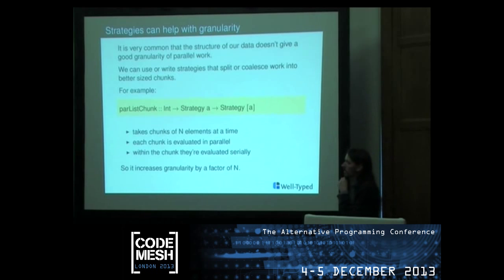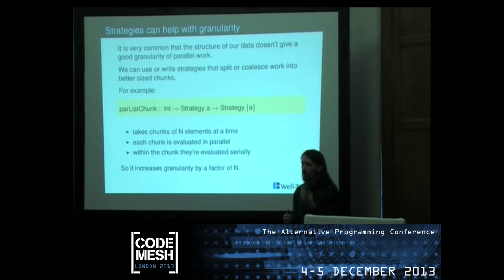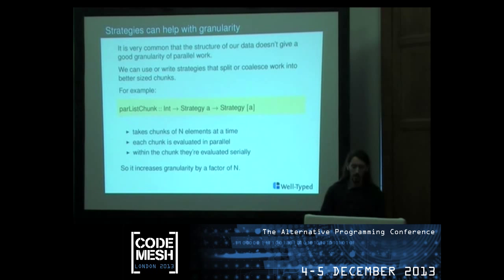Now, granularity. I keep mentioning granularity. It's very common that the data structure we have doesn't naturally map to the chunks of work which we'd like to evaluate in one go, right? Sometimes you need to split a data structure into more independent bits of work. Sometimes you've got many independent bits and you need to coalesce them. You've got maybe too much parallelism available and the overheads would kill you, and you need to coalesce work into bigger chunks of work. And so we can do that, again in this strategy style, by making additional strategy combinators